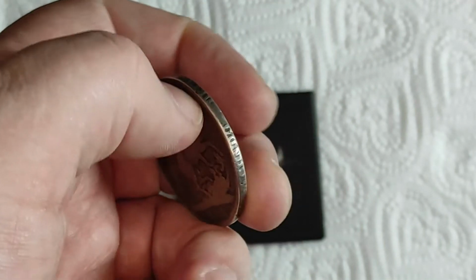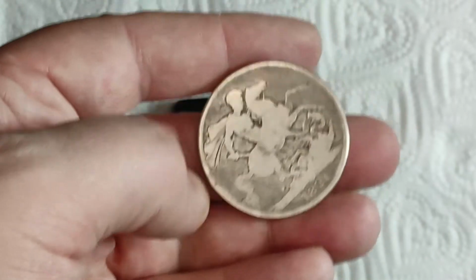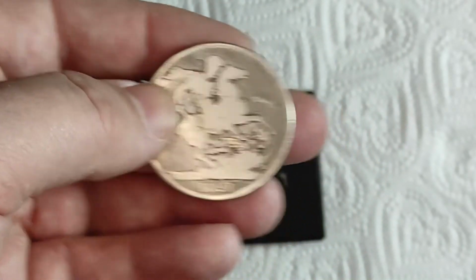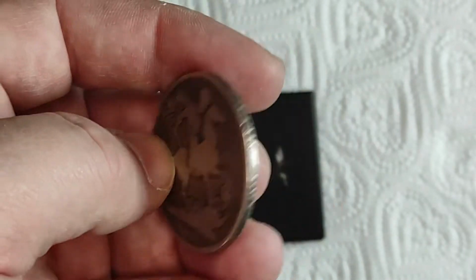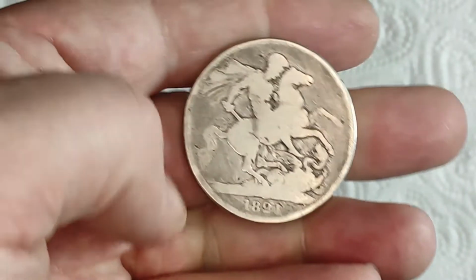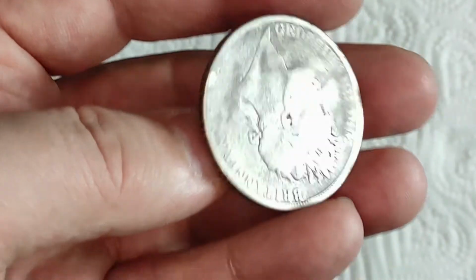I mean, the obvious issue with this kind of test is that if the coin were plated with silver and you rubbed the plating onto this, it could give you a false positive test. But if you rub hard enough, I guess you'd get through the silver plating layer, and then the other stuff would come through as well. Okay, so I think that's...